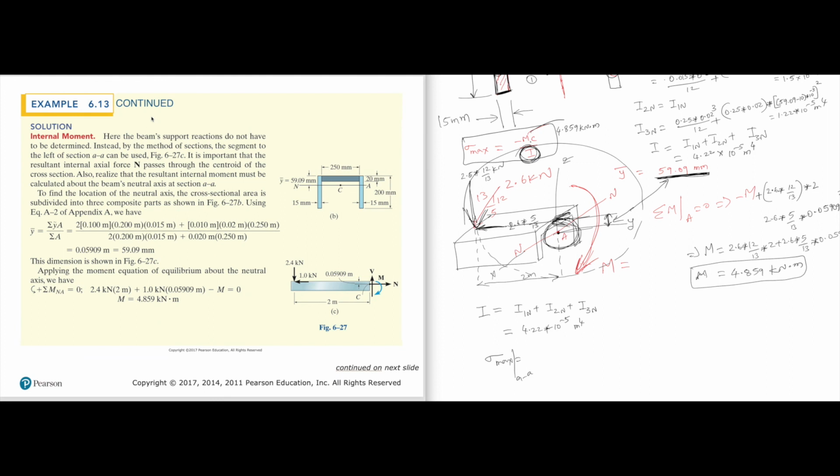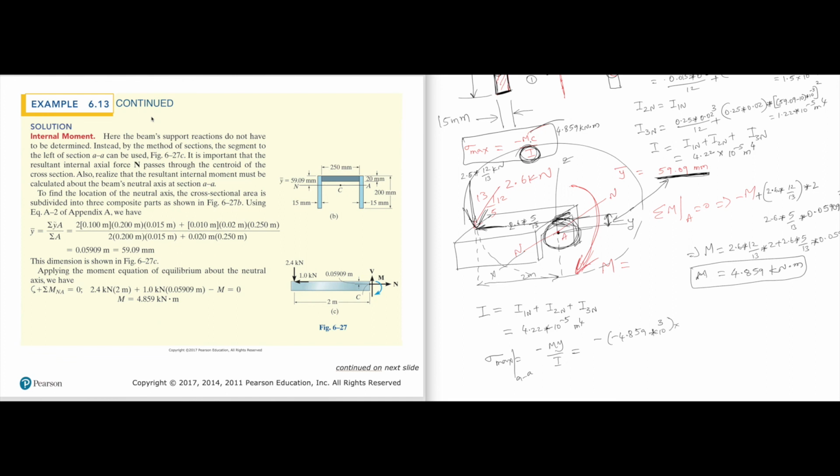is my over I. It's negative, but m is negative because on the right hand side we always assume it's going counterclockwise. But is it going counterclockwise? No, it is not. It's going clockwise, so we should write negative there. Negative times negative 4.859 kilonewton meter, so 10 power 3